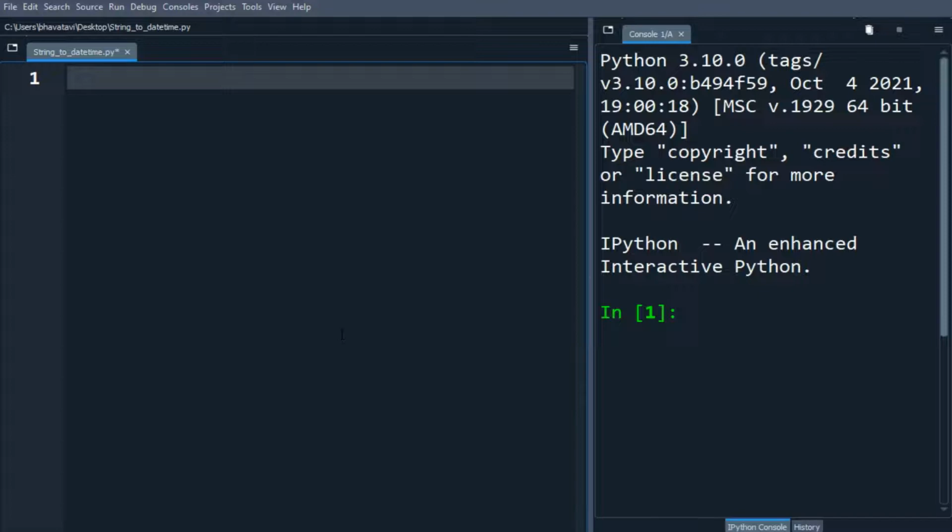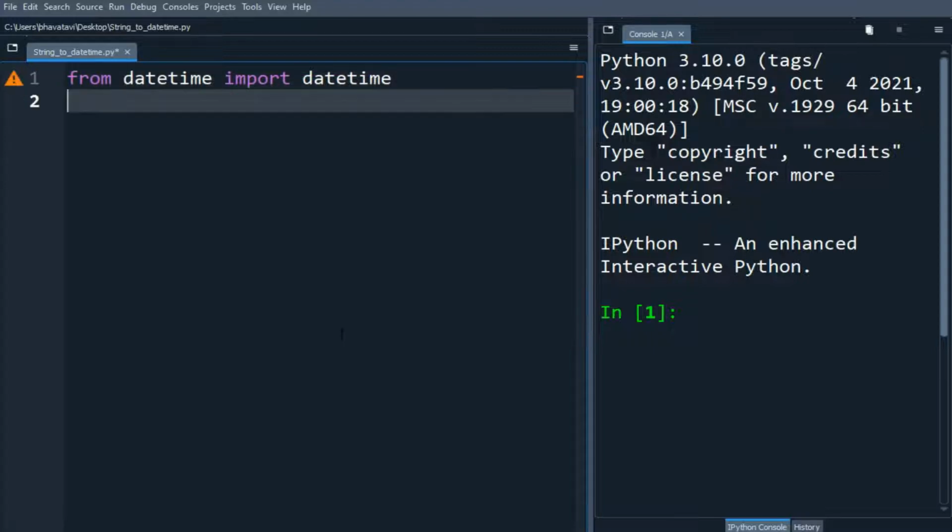In this video you will learn to convert the string to datetime. So we'll be using the datetime module. We'll import datetime. Okay. So now I am going to make my date_string. Okay. And let's put the date November 1st 2022 11